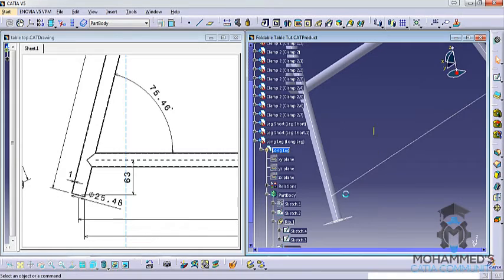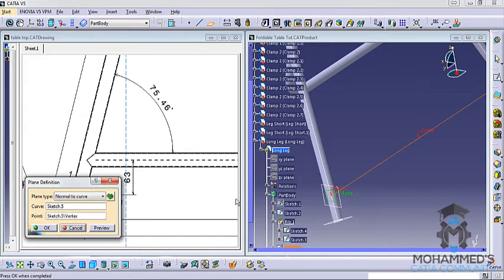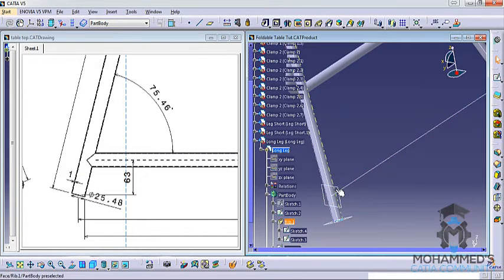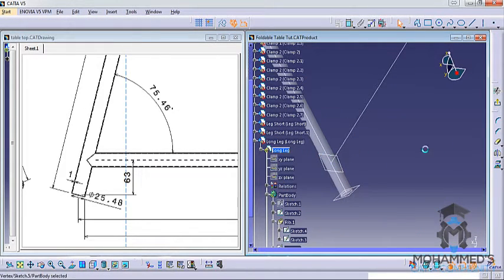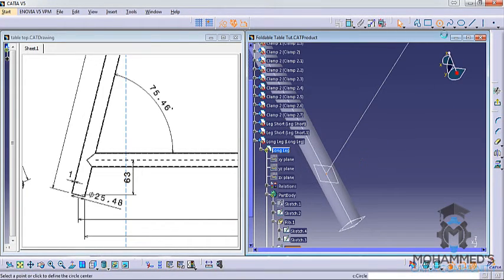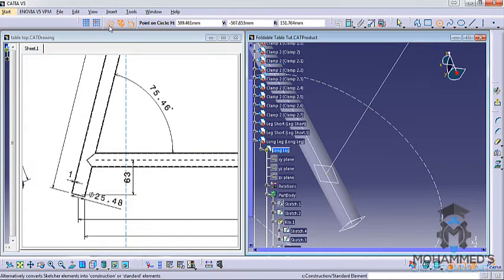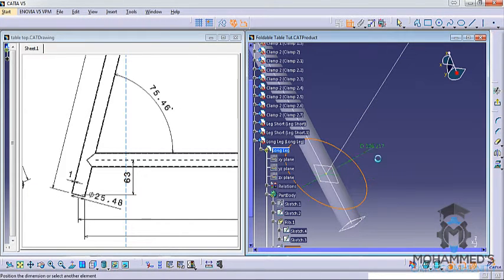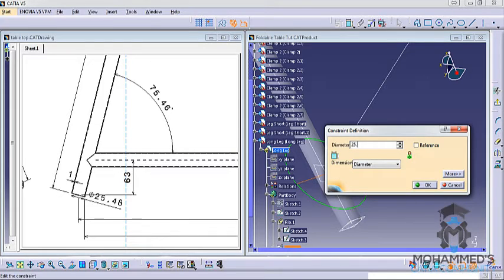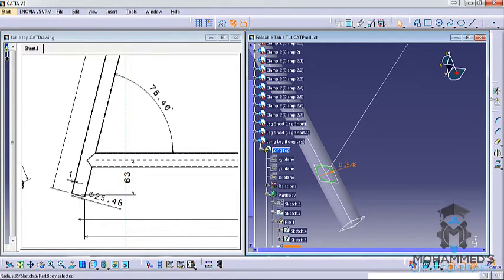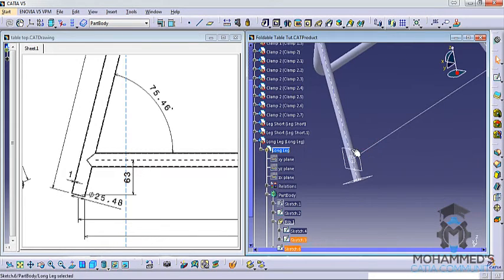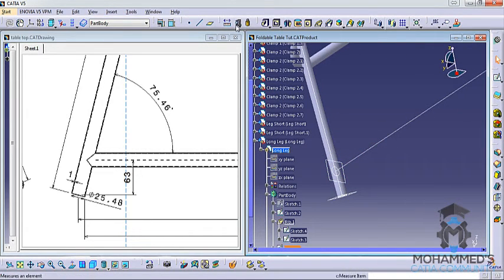And now you can again follow the same method that I used before, that's selecting this line, selecting this endpoint to create a plane there, and selecting that particular plane there and giving sketch again, and rotating the view, and again giving this construction, and again going for the circle, and disabling the construction line, and then 25.48 as the diameter, and clicking on exit sketch, and then using the rib command